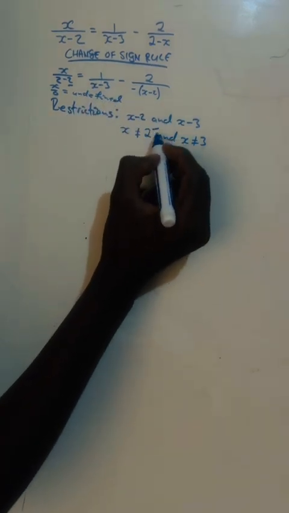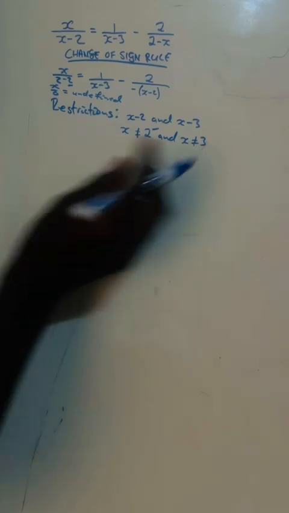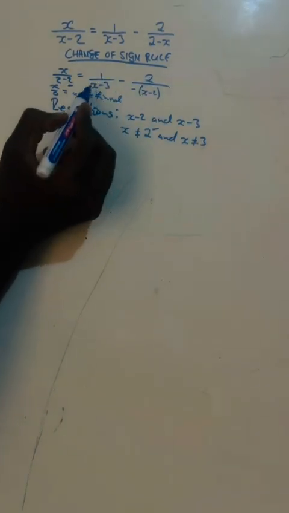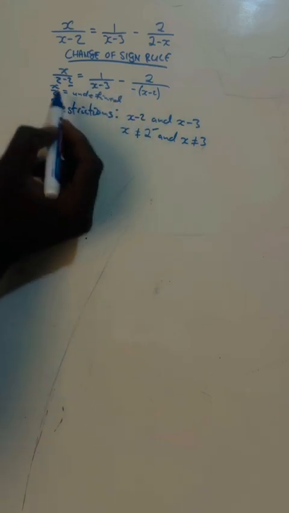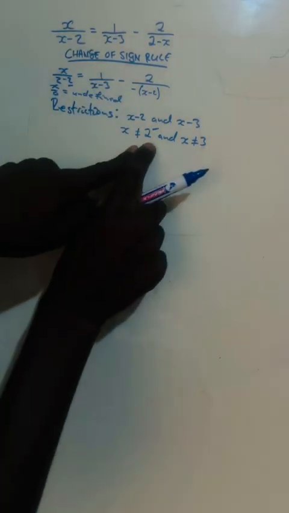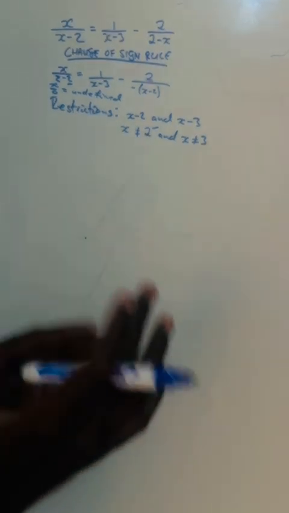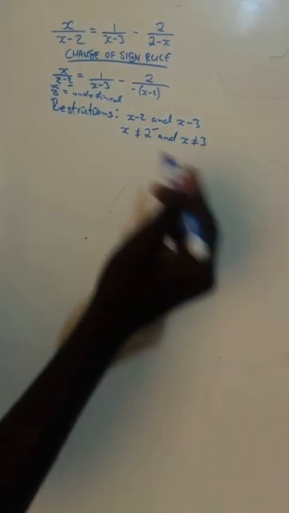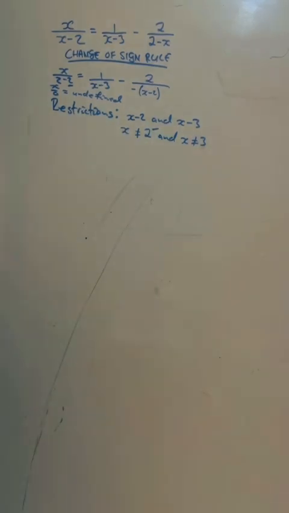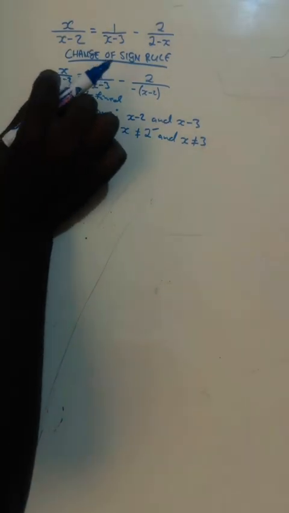So these two numbers, this 2 and this 3, if we place the 3 here, it becomes 3 minus 3, which gives us 0, which will basically make it undefined. So we're saying that at x equals 2 and x equals 3, they will give us no solution. So this restriction, you must write it. Now, we start to